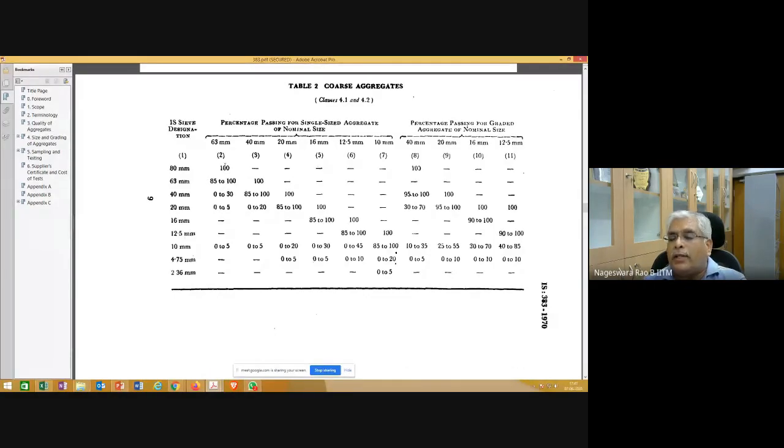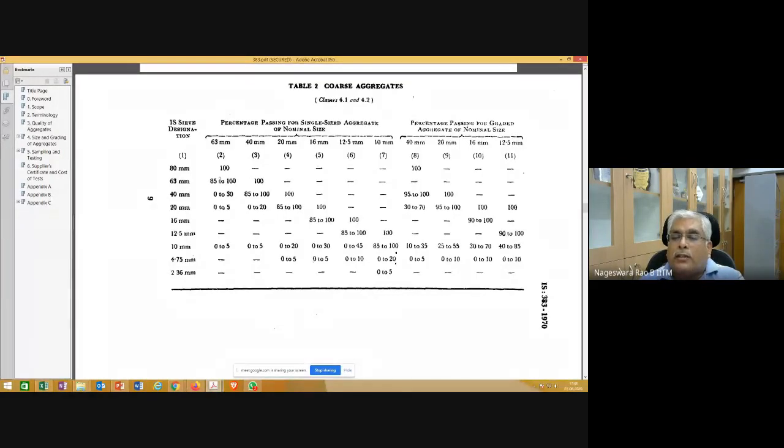Suppose you did sieve analysis. If 100% of aggregate passed through this 80 mm sieve, and on the 63 mm sieve, 85 to 100% is passed, and on this 40 mm sieve, 0 to 30% is passed. This actually gives you the limits, the range of how much percentage is passing.